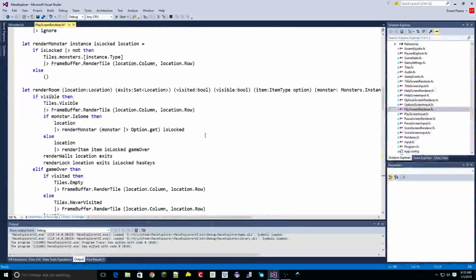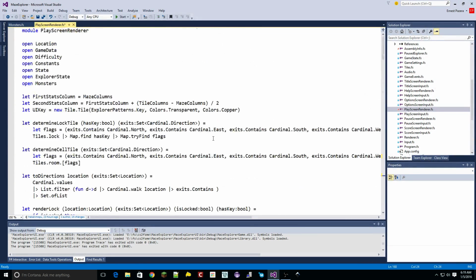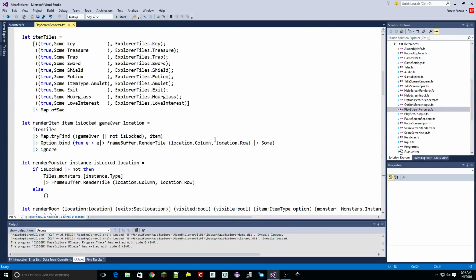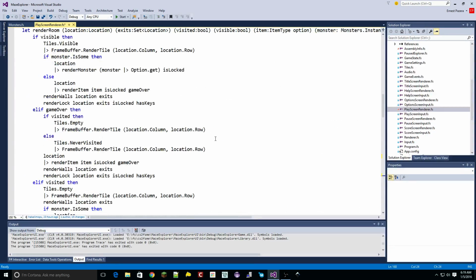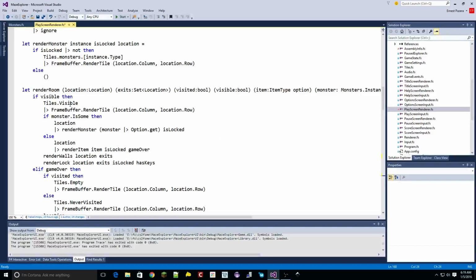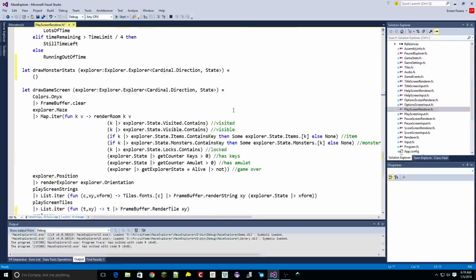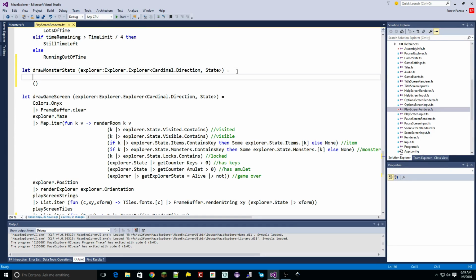So one of the things we have first in draw. Now draw visible. Render room, tiles visible. Let's take a look here. Alright. Okay, because it marks everything. Alright. So no, this is not the place where I can. The first thing I need to do is go, hey, which way is